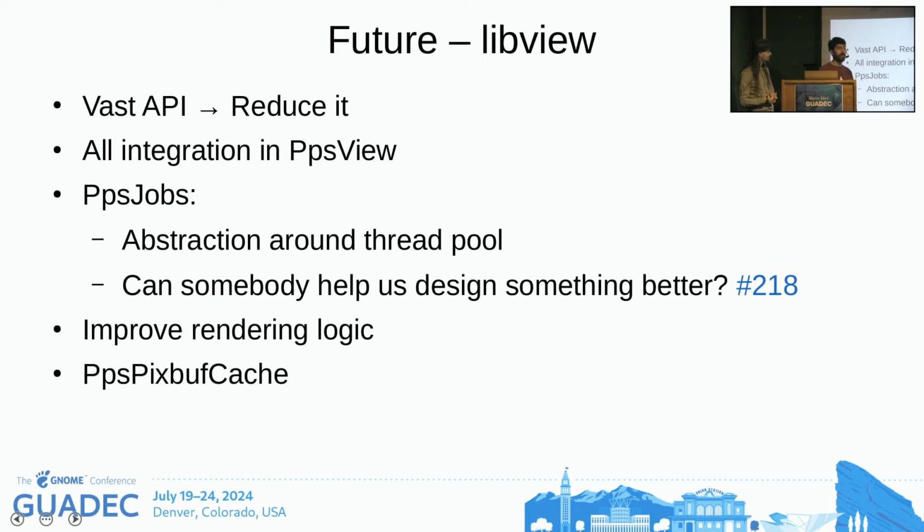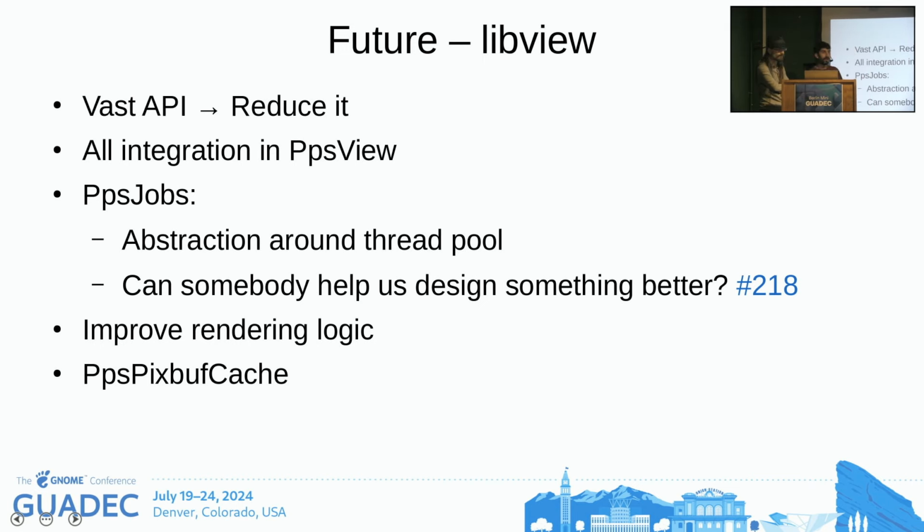We have these PPS jobs, which is an abstraction around a thread pool. If you have used papers and realized at some point it lags a bit, it is basically because of this. We can optimize it, but what we would really want is to redesign it.